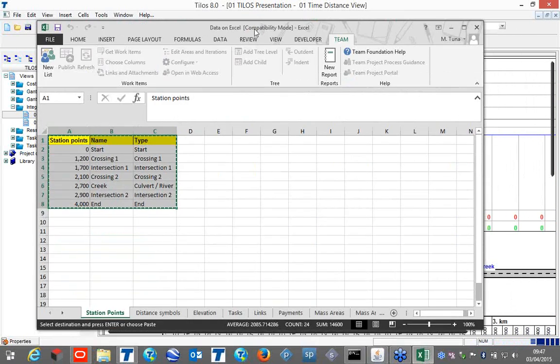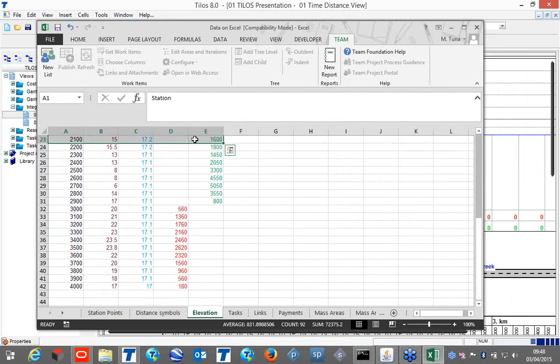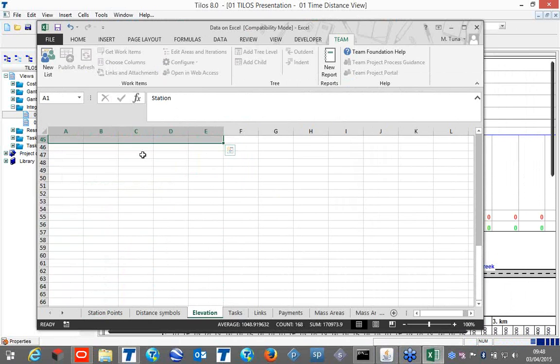It is called elevation. On the elevation tab in Excel, I can see the station, which means the distance at a certain point, the length level, and the road level. It is the same for metro projects and pipeline projects. You can also show the levels, cut, and fill. We can now copy these things